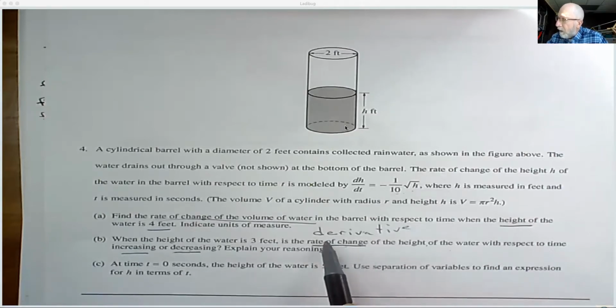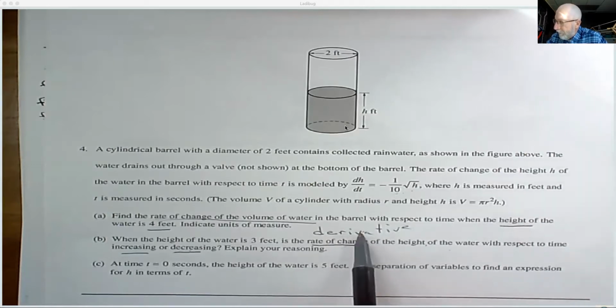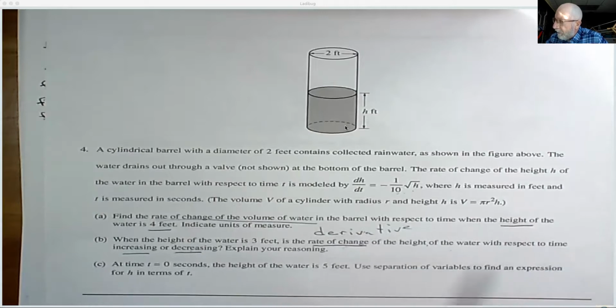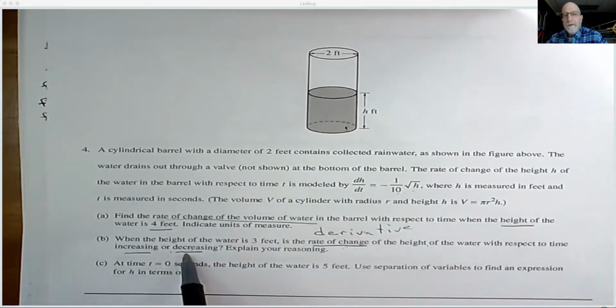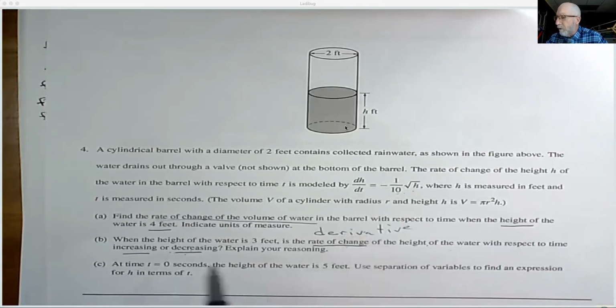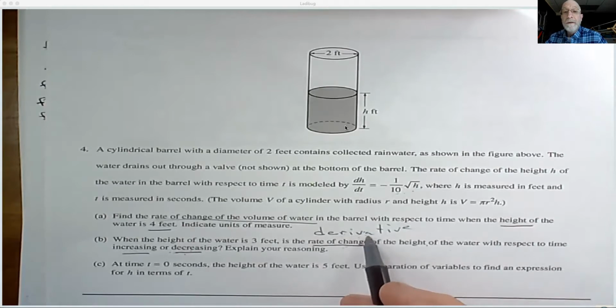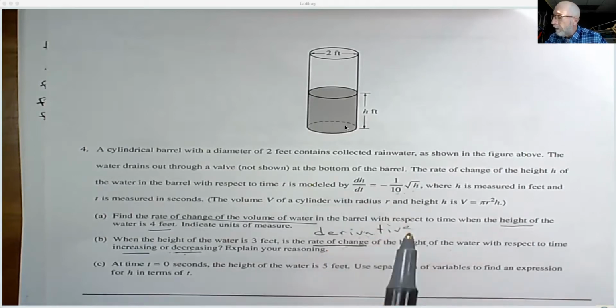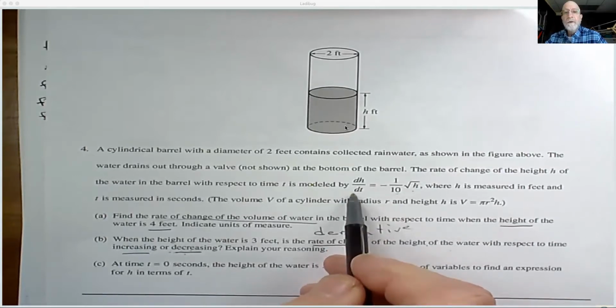So now we're throwing a curveball at you. We want to know whether this derivative is increasing or decreasing. So if we want to know whether this derivative is increasing or decreasing, don't we have to take its derivative? Doesn't the second derivative tell us whether this derivative is increasing or decreasing? Does that kind of make sense?